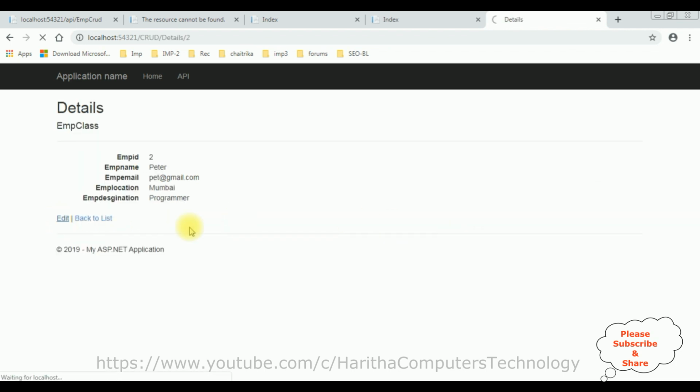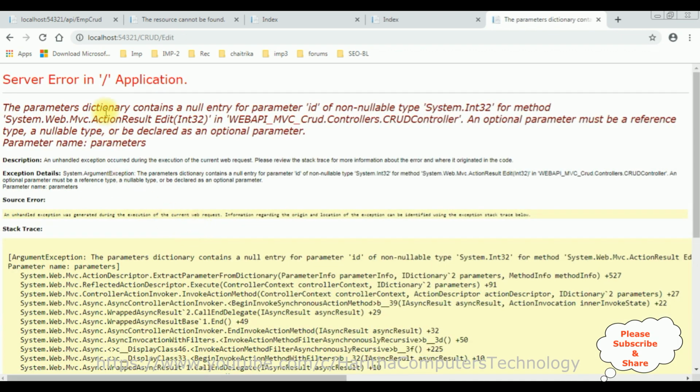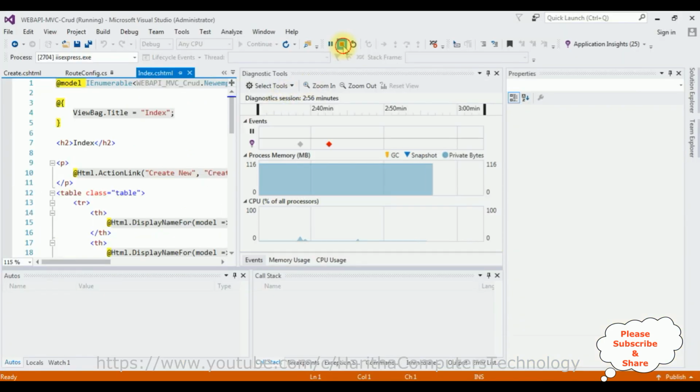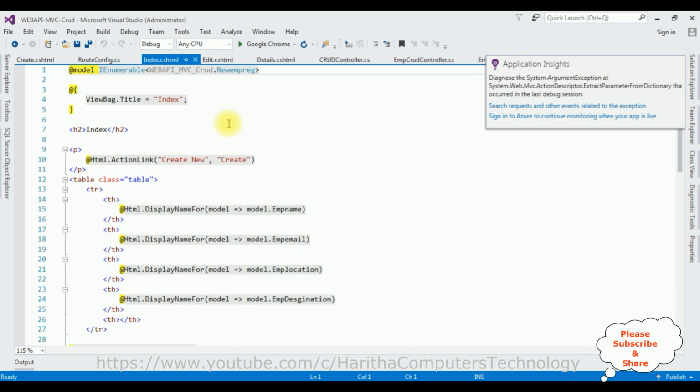and I click edit, see here we got an error message: the parameter dictionary contains a null entry for parameter ID. So to fix this, again switch back to the coding part, stop debugging, and switch to the